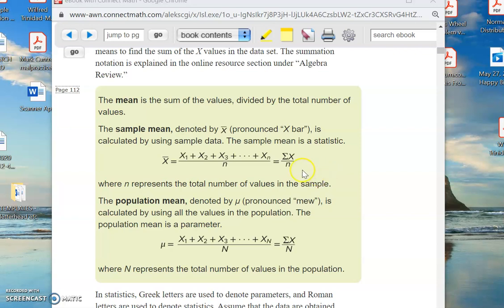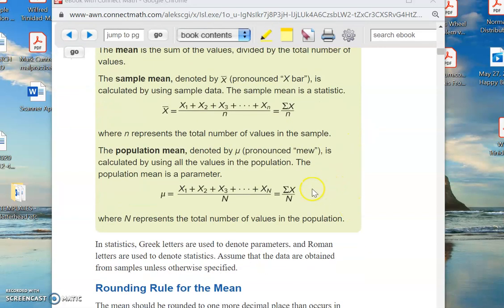And then on the bottom here, this N is the total number of data points that you have. So that's just a number. If you had 100 people that you were measuring, or 1,000 people, that's what your N is. So this is for the sample. The exact same concept is true for the population. If you have a population mean, we do the exact same thing. We add up all of these values.